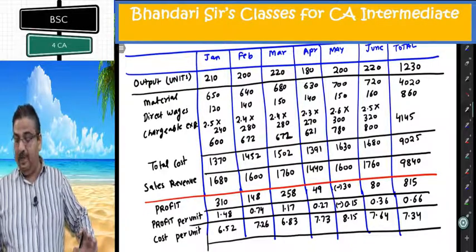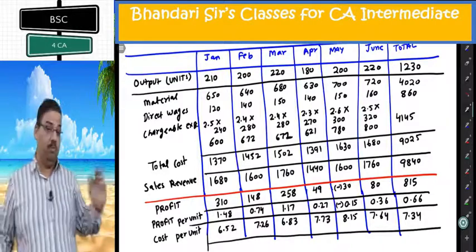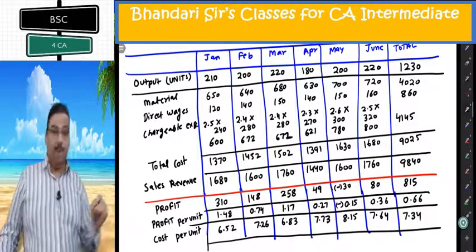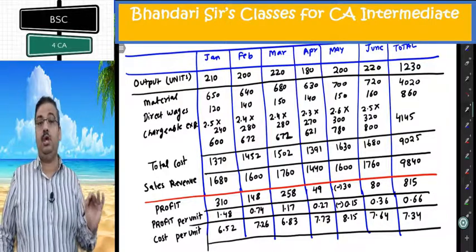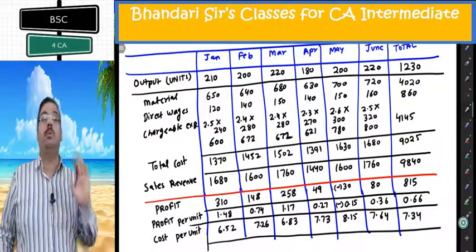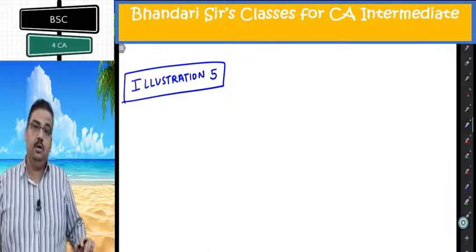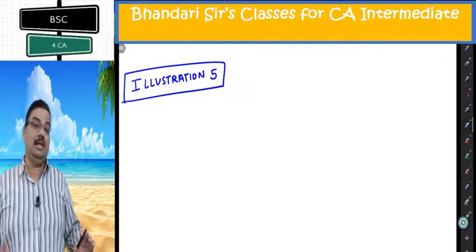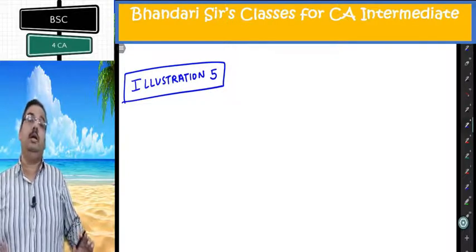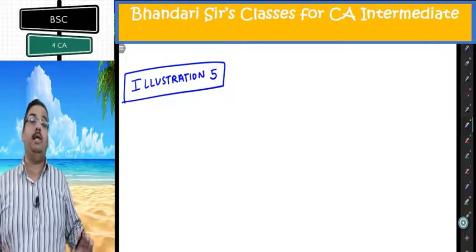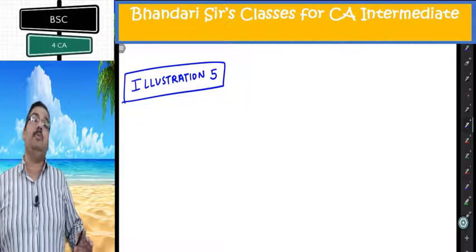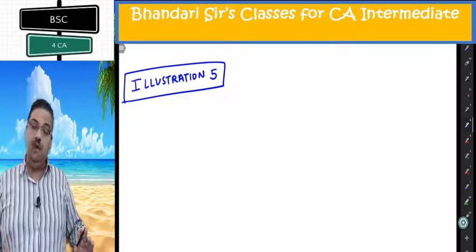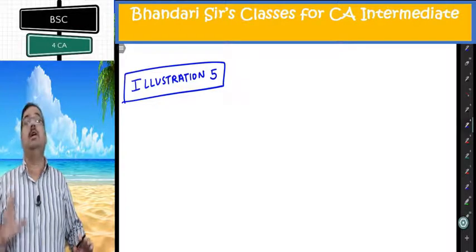So this is a complete question. Whatever he was asking, overall position in right hand side column, per unit, per batch, everything we have computed in this question. This was illustration number 4 of your institute module. Now going further, illustration 5, 6, 7, they are all based on concept of economic batch quantity. I will sincerely suggest to go through the chapter of material costing, the concept of economic order quantity. If you are clear with that, these will be easily understood.